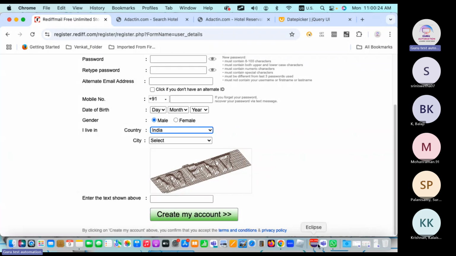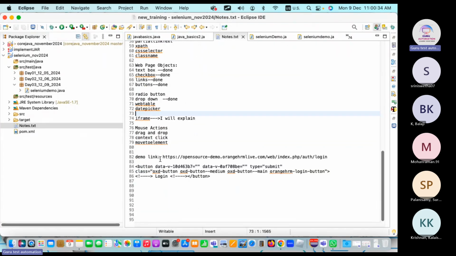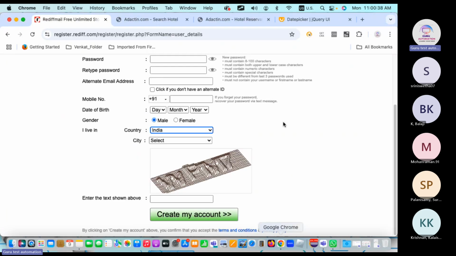I already gave you one Orange HRM application, where you will find different drop downs. Let me just show you. So this is the one, right? If you log in here,